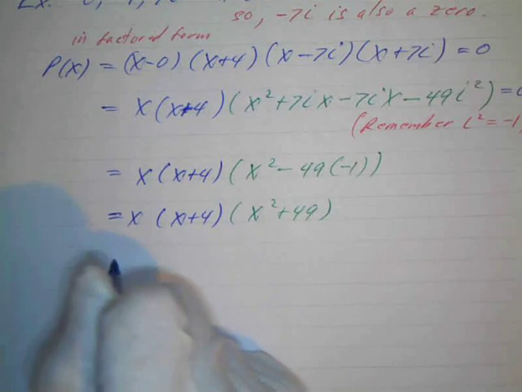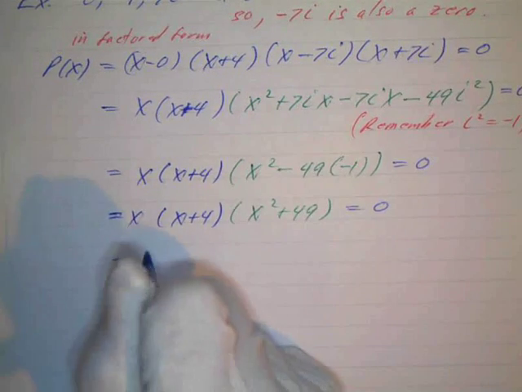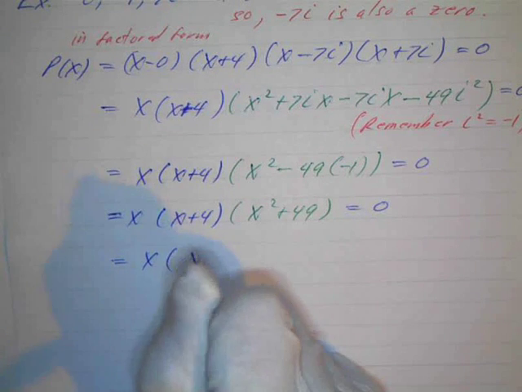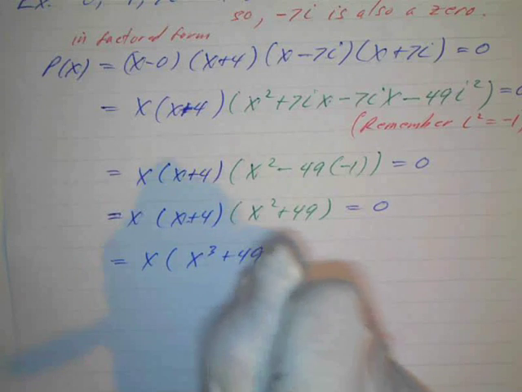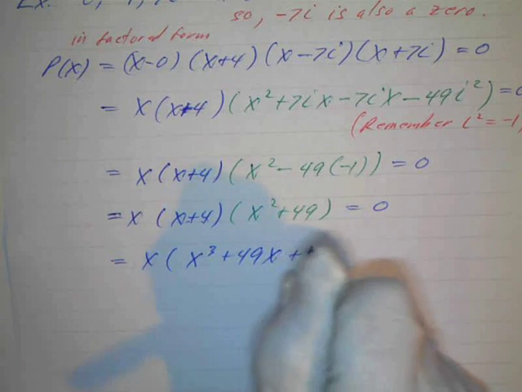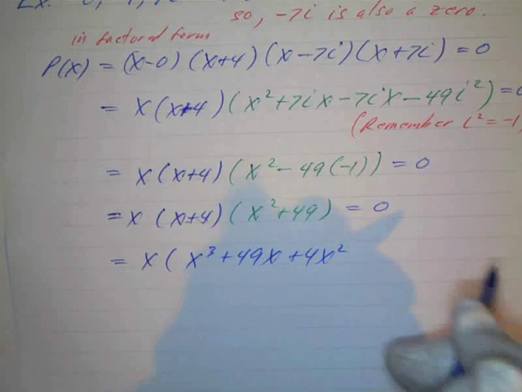So now we've got x, still equal to 0. Now x times x squared is x to the third. And then x times 49 is plus 49x. And then 4 times x squared is positive 4x squared. And then 4 times 49,